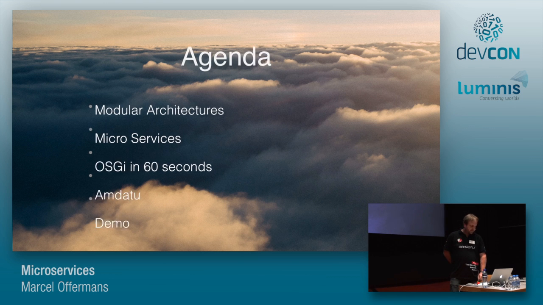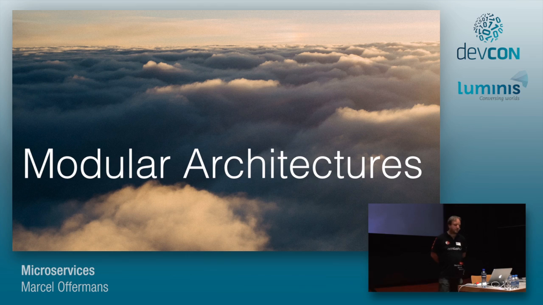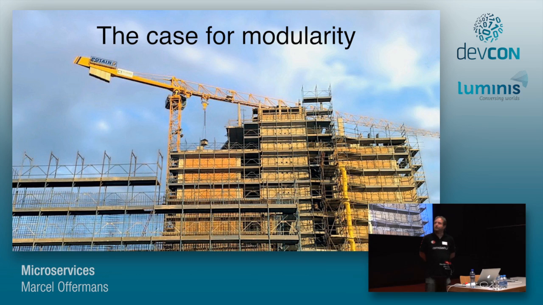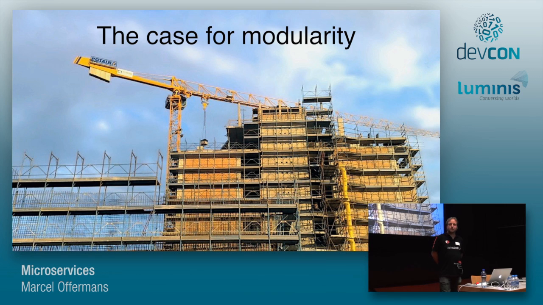So let's first get started with modular architectures and making a case in general for modularity, because modularity, well, it's nothing new in software and it's nothing new in other engineering disciplines. In fact, if you look at most other disciplines, they have way more advanced modularity than we do, partly because they've been around for longer. So they might have more experience building systems, partially also because they have more advanced standardization processes.